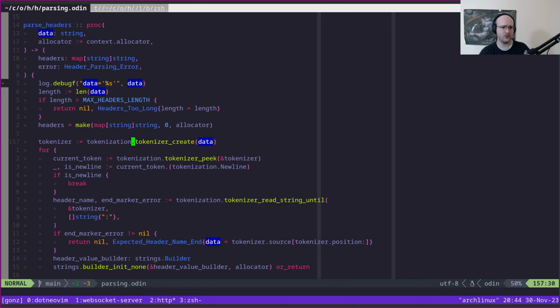Right, so we create this tokenizer here. Then we peek at the token and we try to read a string until,